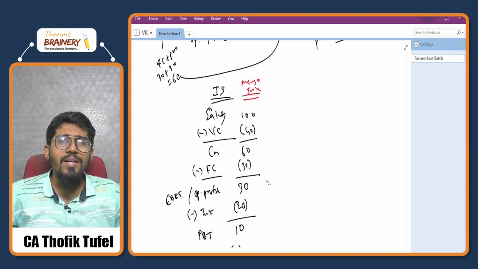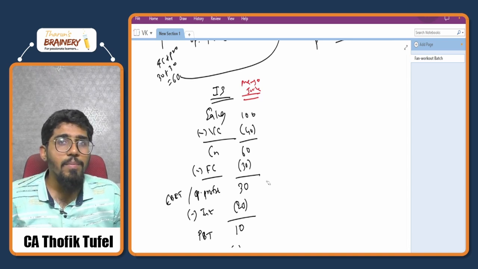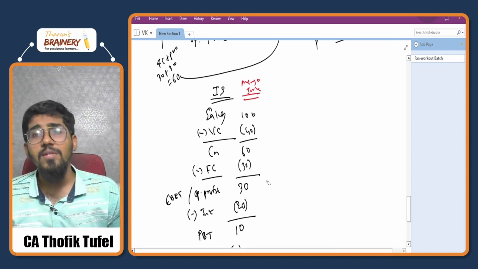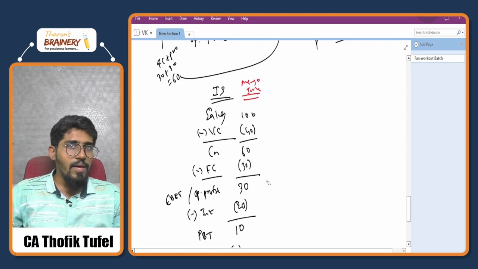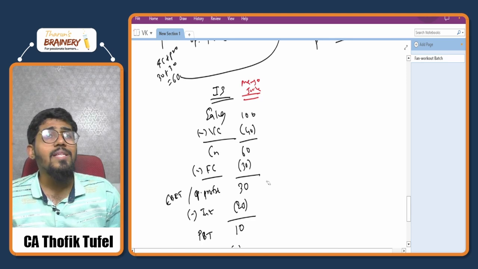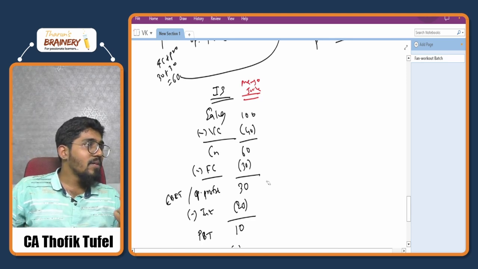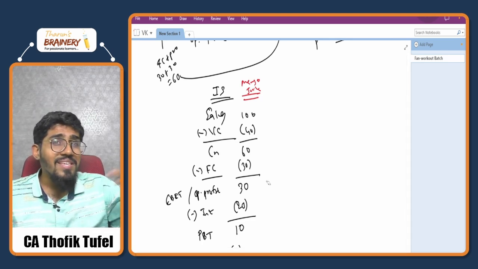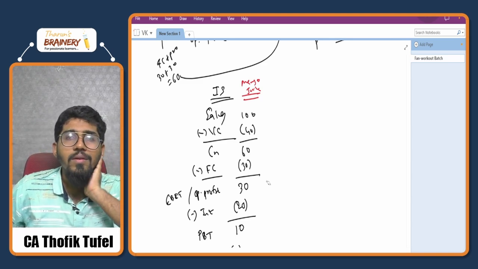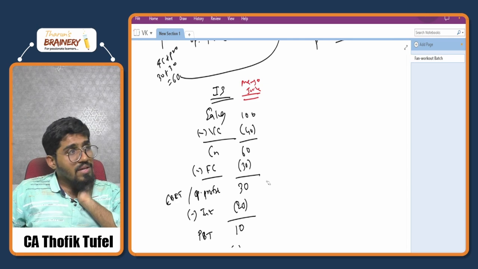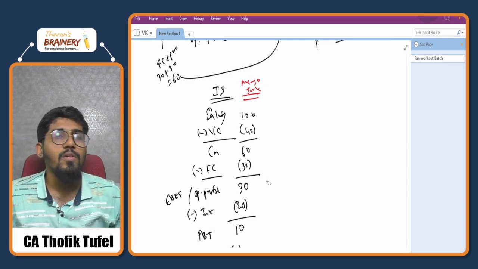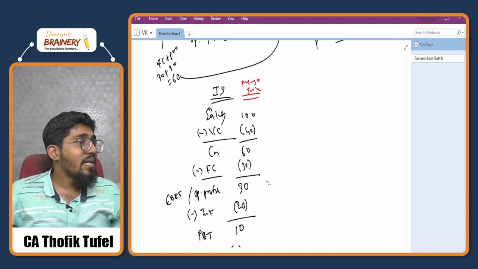What Katrina Kaif is telling is, see, when I become the brand ambassador, because of me your sales will increase, right? Because of me your profit will increase, right? So whatever is the increase in profit because of me, you give me 50% of that amount. That's the deal, see. Everyone shocked. Katrina Kaif rocked.